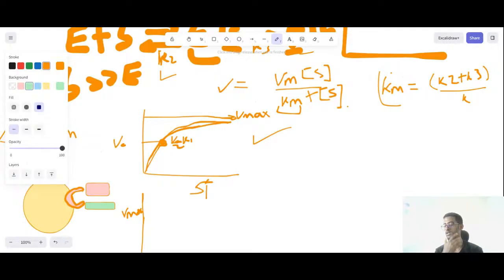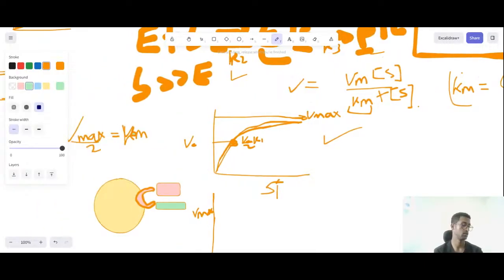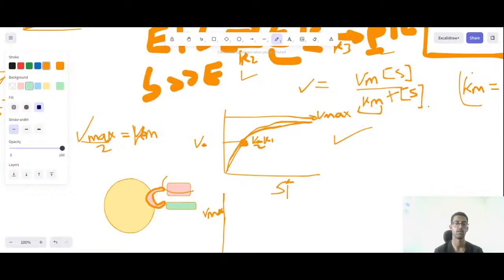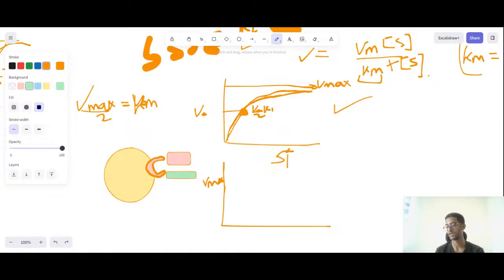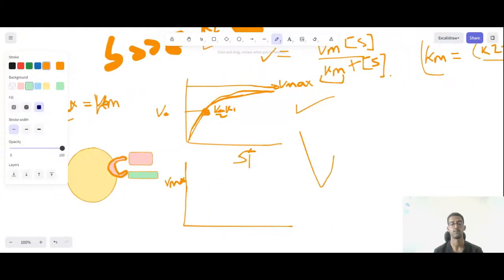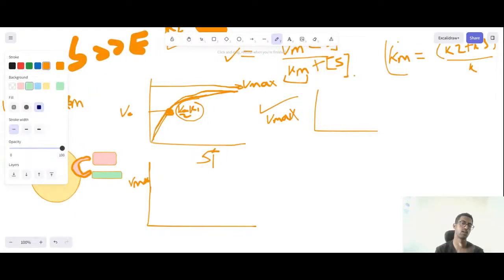So now my question is, what if there is a competitive inhibitor here? If it is a competitive inhibitor, adding more substrate concentration can overcome it. So Vmax does not change, because it is the maximum. Vmax doesn't change, but the Km can be changing. Km changes while Vmax stays the same.